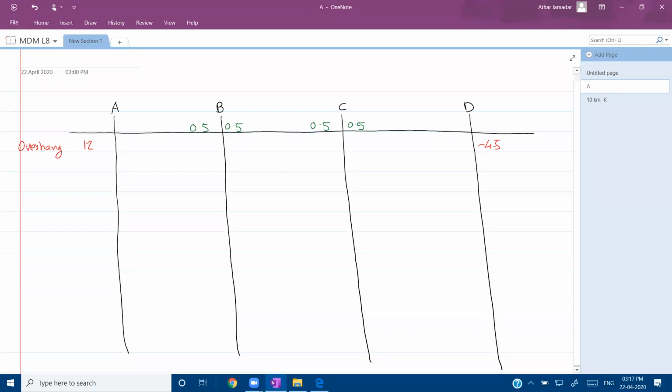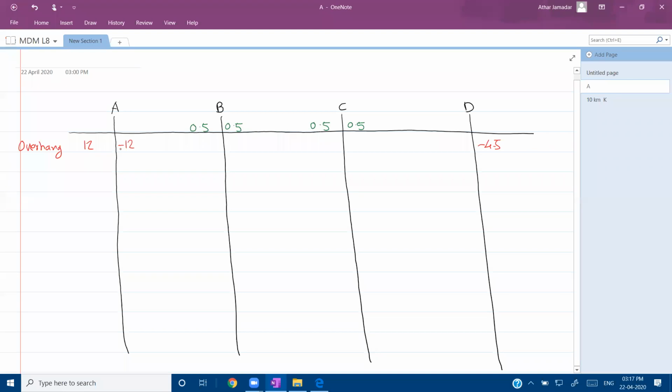Now here in case of overhanging beam, first of all we have to balance this overhanging support. So if we want to balance this support, how to balance that? So on the left side of A, balancing means what? We have to make summation of moment at that joint equal to 0. So on the left side of A, there is a positive 12 kilonewton meter moment acting. If we add the same moment here, but with negative sign or with opposite sign, so if we now take summation of moment at joint A, plus 12 minus 12, it is going to be 0. So it is fine here.